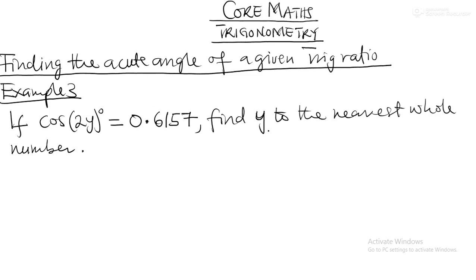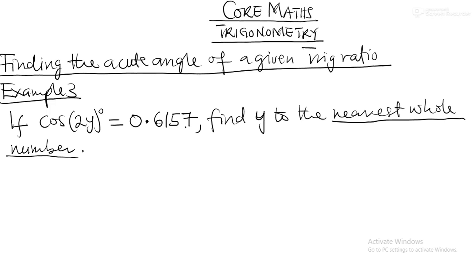Now we were to find y to the nearest whole number. So the underlining word is what? Nearest whole number. We're to find y to the nearest whole number if cos 2y degrees equals 0.6157. We learned that to find the angle, you have to find the cos inverse of the ratio. So to find the angle here, which is 2y, you have to find the cos inverse of the ratio, which is